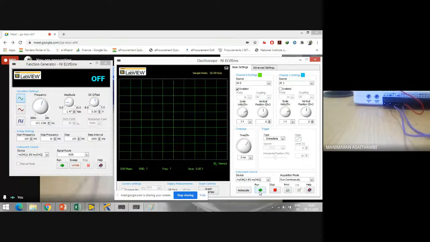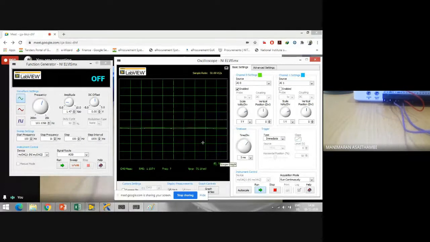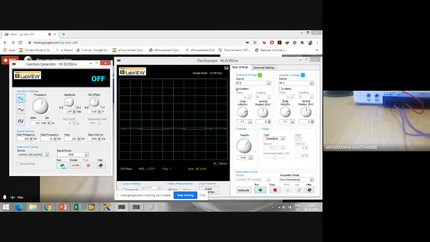So now there are signals, but not a proper sine wave because my function generator is not running.